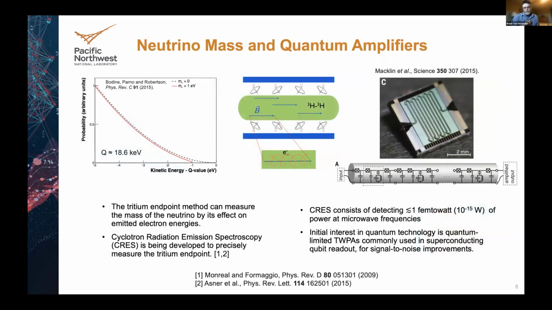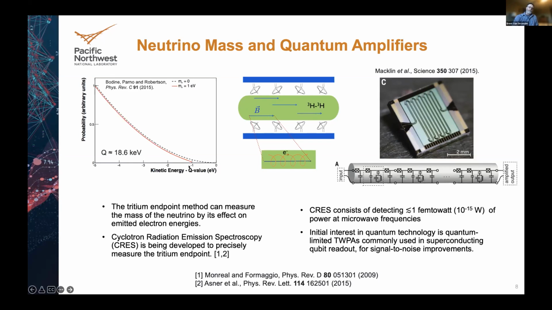My own research specialty has to do with the mass of neutrinos. Remember, we talked about neutrinos: how much they actually do weigh determines what their imprint on the universe has been. You measure the mass of the neutrino with a technique we call the tritium endpoint method. Tritium is a radioactive form of hydrogen. We let it radioactively decay. It emits electrons, and by measuring the energy of electrons very precisely, we can infer the missing energy taken away by the mass of the neutrino. So if the neutrino has some mass m, we measure an energy E equals mc squared.